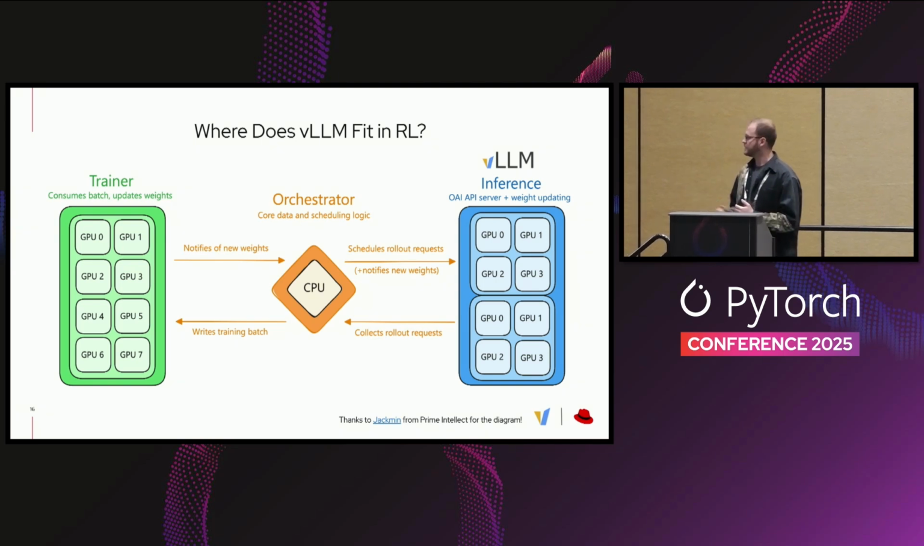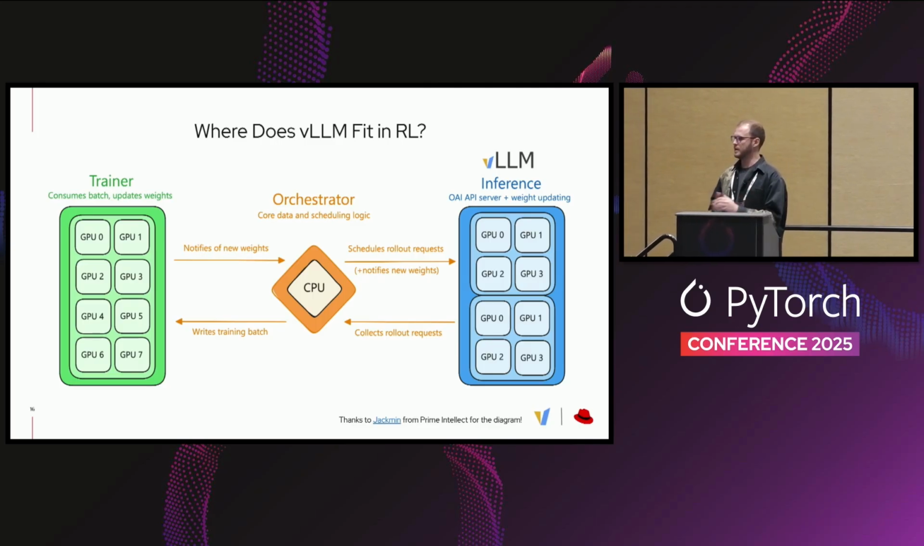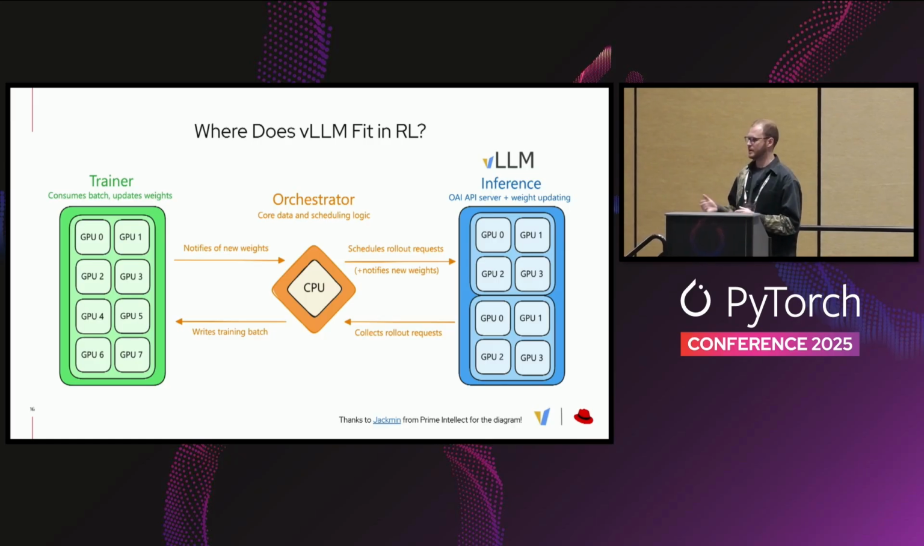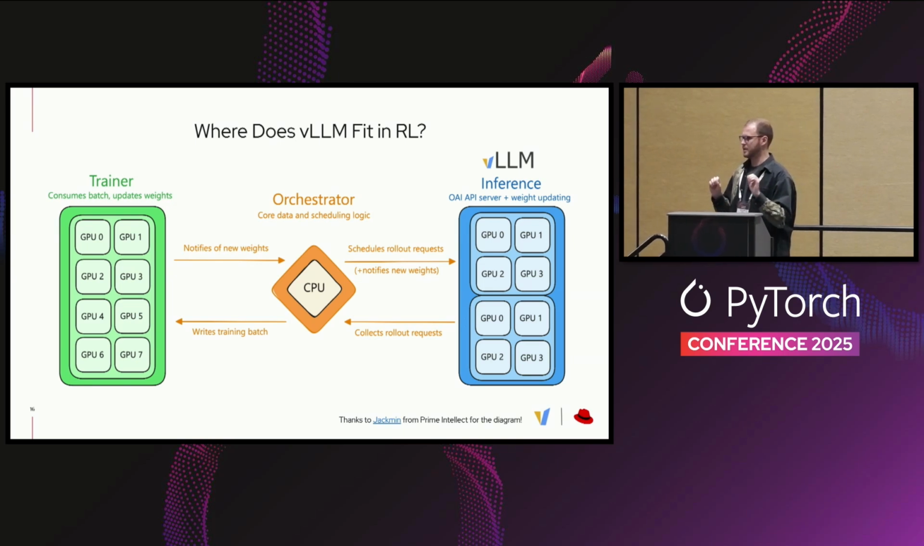So I have this lovely diagram shared by Jackman at Prime Intellect, so shout out to him. This blows it up a little bit more in a really simple, synchronous, static, classic form of reinforcement learning with LLMs. We'll go into more advanced things from here. But most simply, you have your LLM hosted in two different ways. You have the weights of the model on the trainer, and you have the weights of the model on the inference server, vLLM here. And then we have some sort of orchestrator in the middle of this RL loop